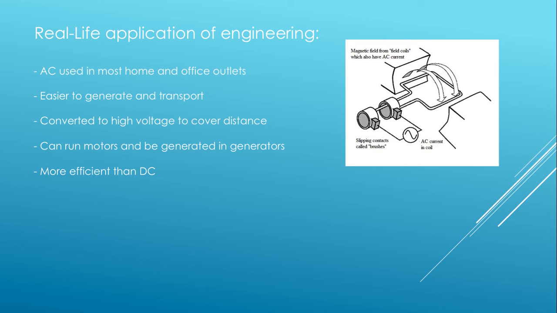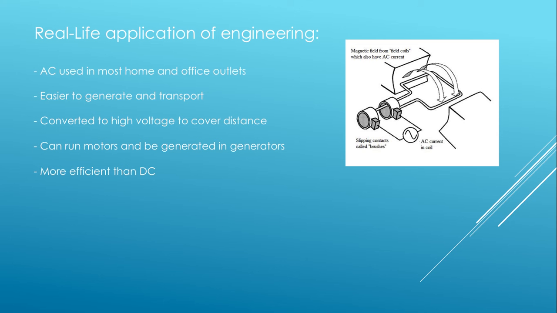AC is also compatible with electric motors to turn electrical energy into kinetic energy for a whole range of applications. The opposite can thus also be achieved, and kinetic energy can be turned into electrical through the use of a generator. AC generators, motors, and distribution systems are far more efficient than those of DC, and so are predominantly used